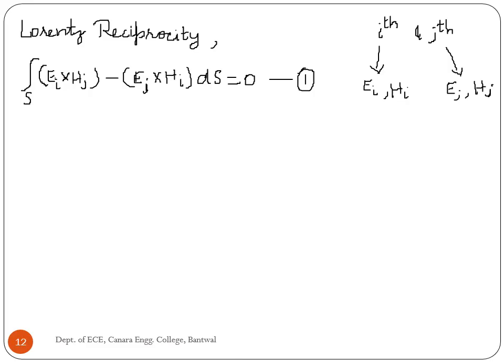Since the integral over the perfectly conducting walls vanishes, the only non-zero integrals are those taken over the reference planes of the corresponding ports. So that equation 1 becomes